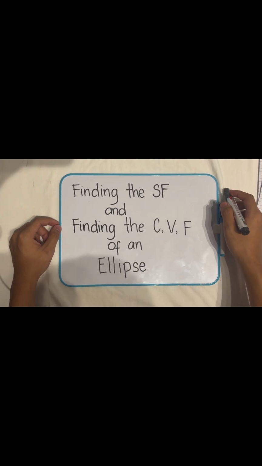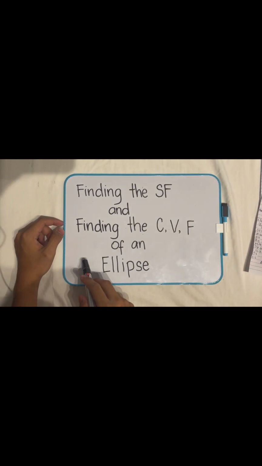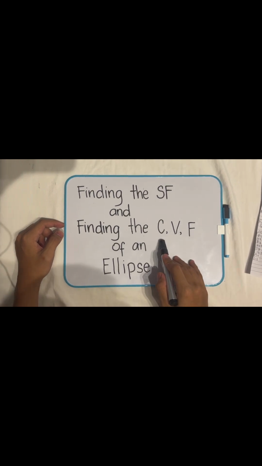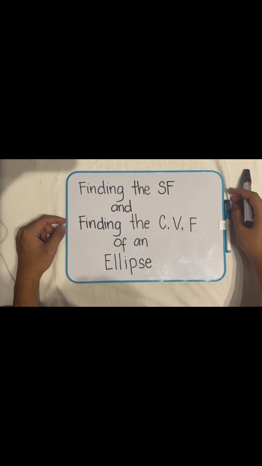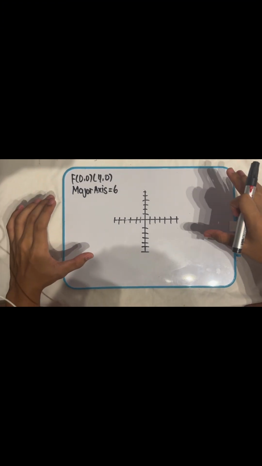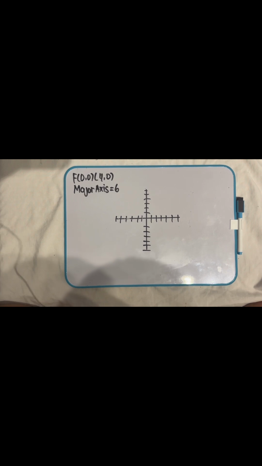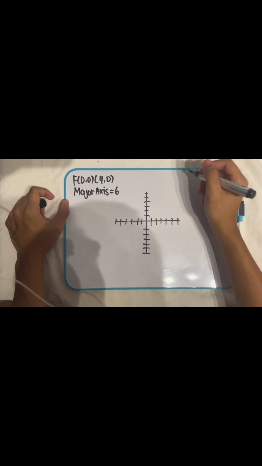So today, we will be finding the standard form and finding the center, vertices, and foci of an ellipse. So, let's find the standard form of this given. First, what is the standard form of an ellipse? The standard form of an ellipse is